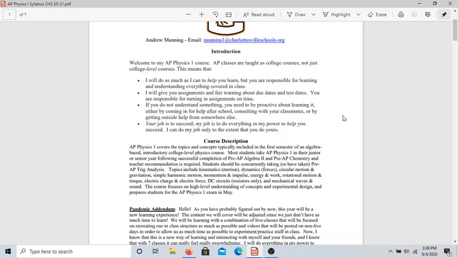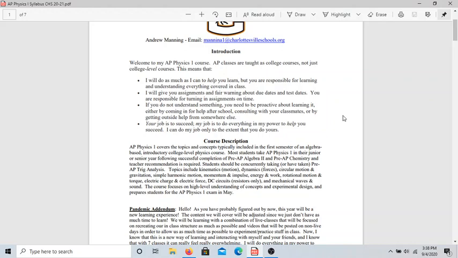Now, the course description, you're welcome to read it. Basically, all that matters is that for AP Physics 1, we're going to talk a lot about motion. All right? And what's nice is that this isn't related to calculus. So for those of you who might not be in calculus, do not worry. You don't need to be in calculus to take this class. We're going to talk a lot about things that are moving. We're going to talk about things such as forces, energy, things that basically cause motion or stop motion. And just various things that happen when things start to move.